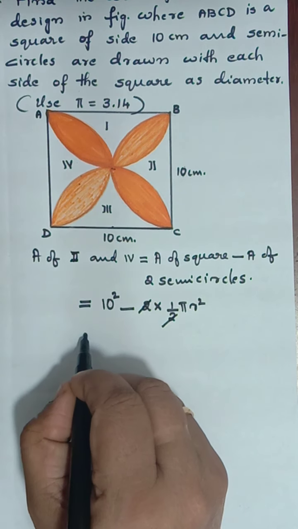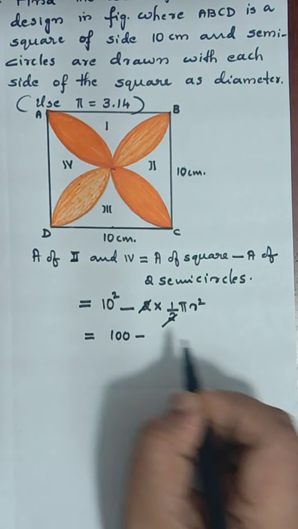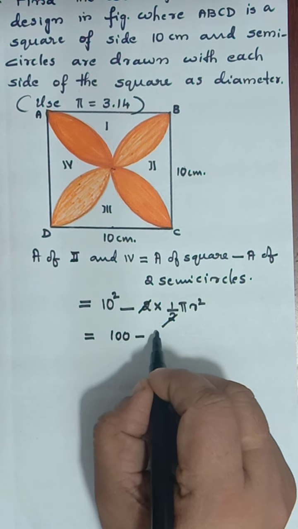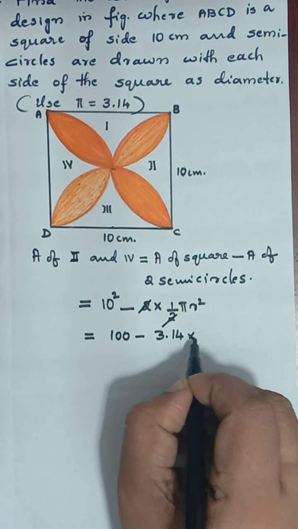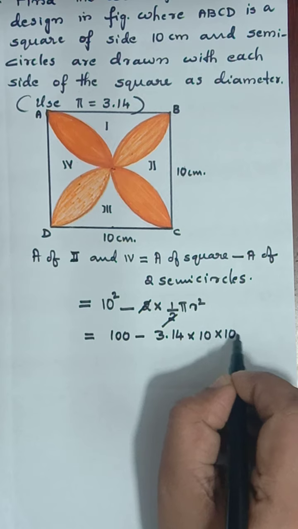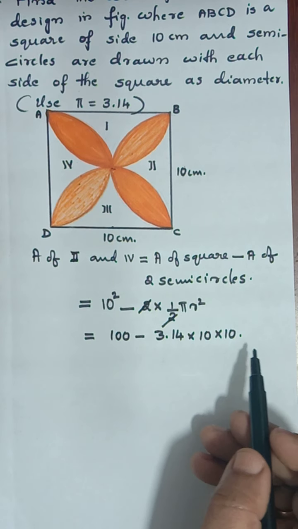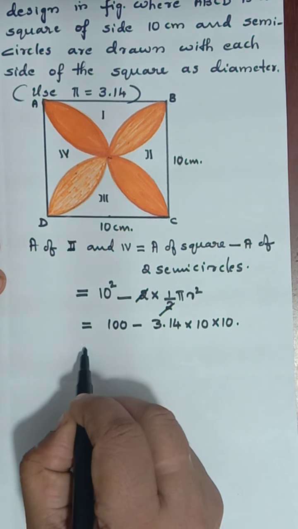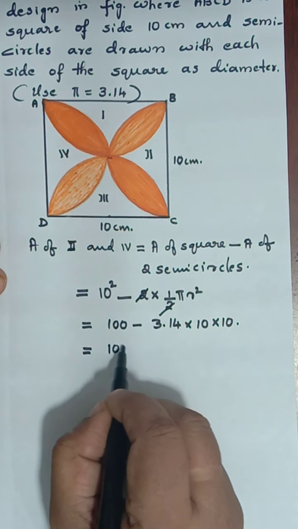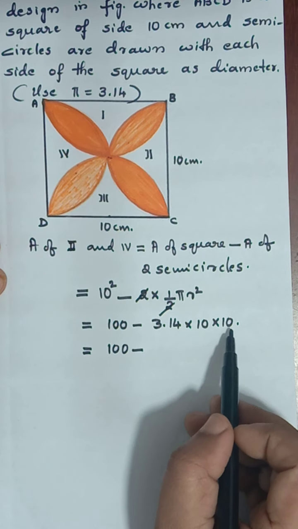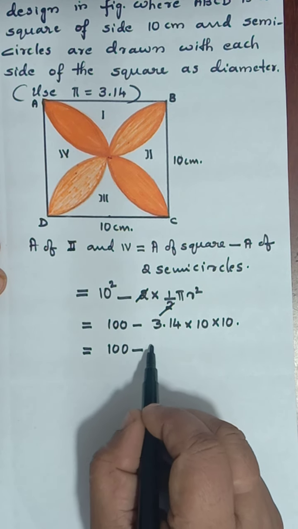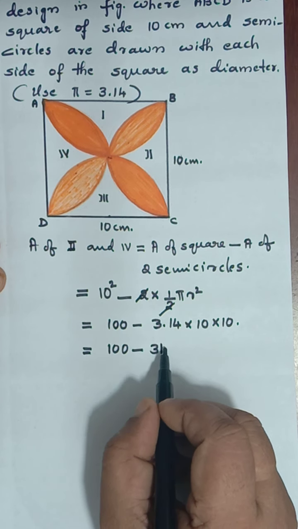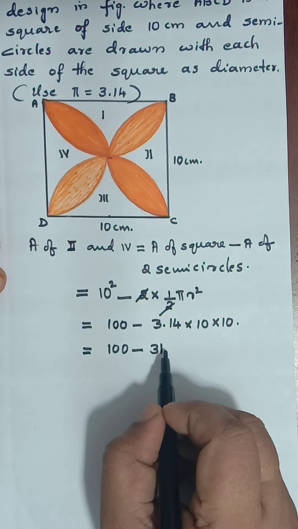Therefore the 2 and 2 get cancelled. 100 minus pi value, they have substituted. Pi is given to us as 3.14 into radius 10 into 10. Whenever we are getting simple values, you will be able to multiply with the 3.14. That's why they are giving it. So everything is made easy. Okay, so 10 into 10, 100. When you multiply by 100, the decimal moves, we are getting this, like 100 minus